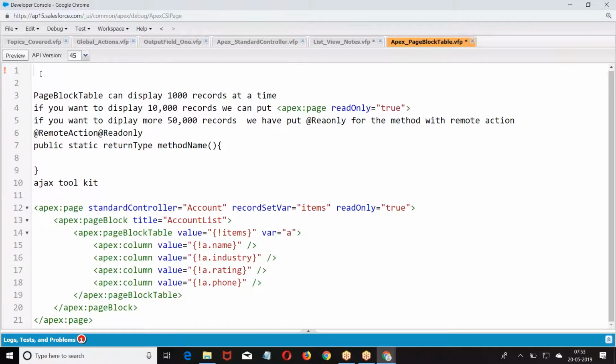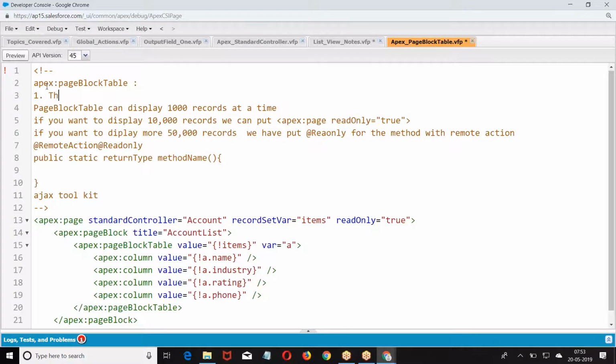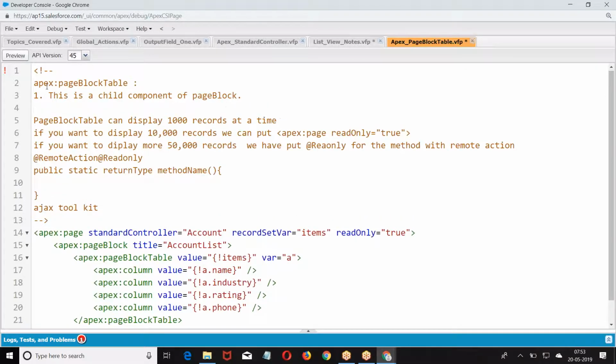Now let's come back to the points here. This is a child component of the page block. It is used to display a list of records in the VF page.